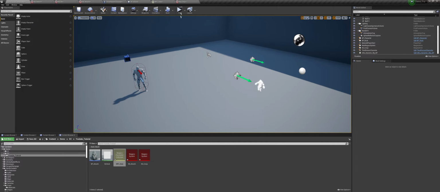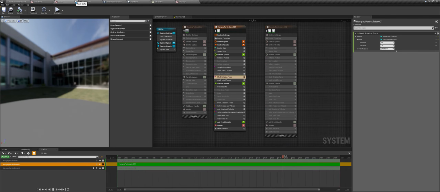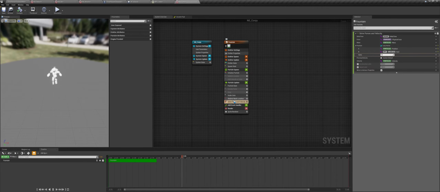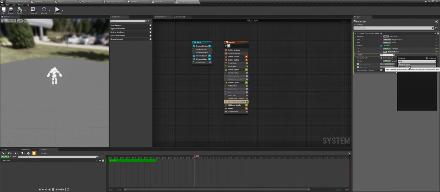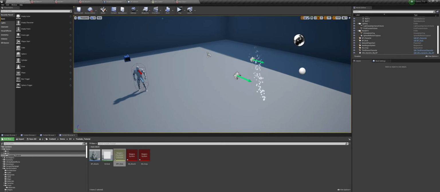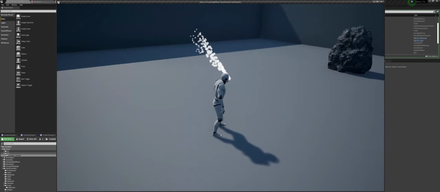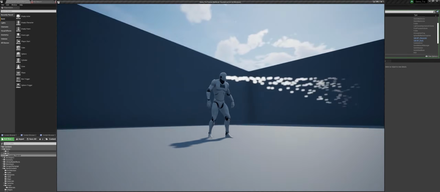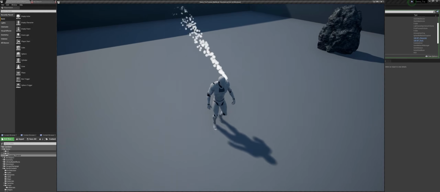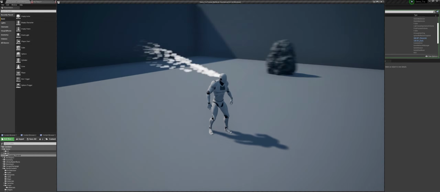So what we can do here is that we can go to the solve force and velocity. Then for the alpha, we will use curve and float from curve. So now if I press play, you can see that it is going there and trying to form this mesh, but it's not there yet, but it is moving.